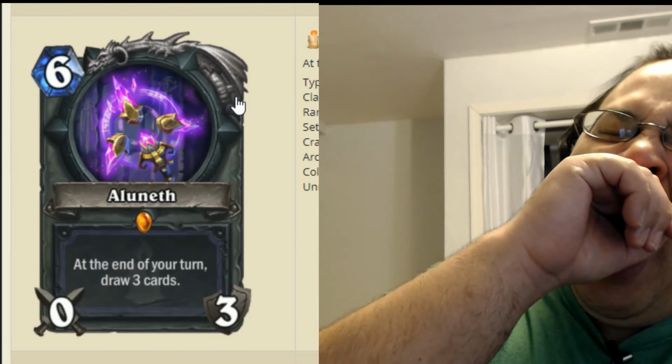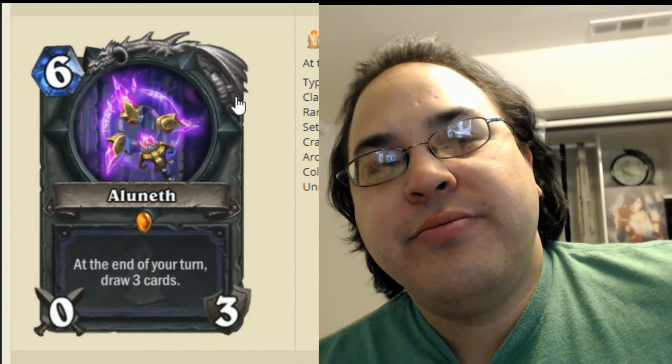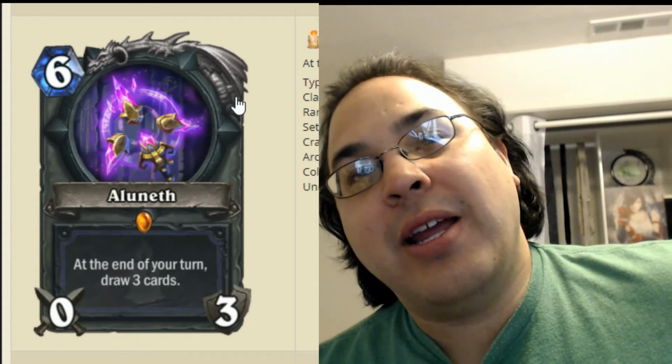Alaneth, 6 mana, 1/3 mage, legendary weapon. At the end of your turn, draw 3 cards. Drawing 3 cards is crazy good. Yes, you're passing your entire turn 6 to do it, but you can just draw into your burn on turn 7, 8, 9, and 10, and